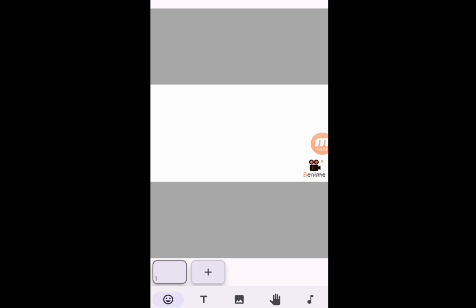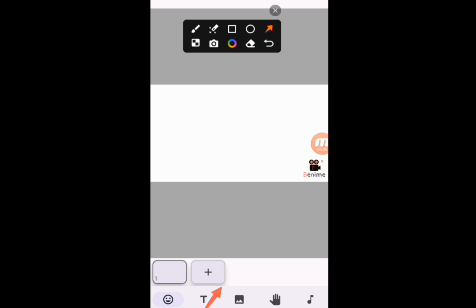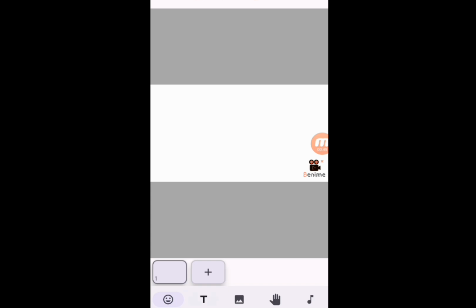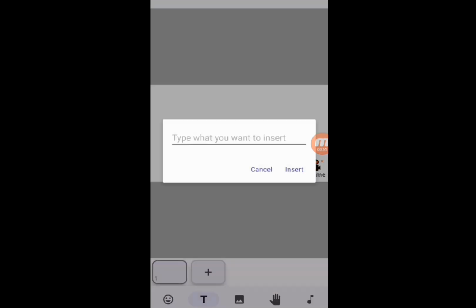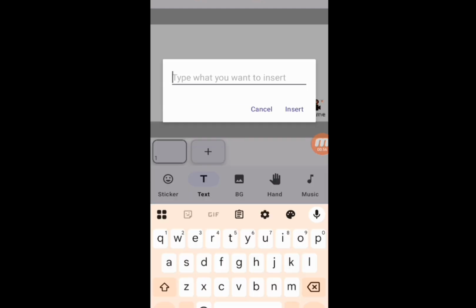So at this point now, this is the first canvas, the first slide. All you need to do is choose what you are going to use to start, either a text or a message. If you are using a text, you click it. If you are using a graphic, which can be part of what you're doing for your first slide, use this. So let me use a text. Let's see how to speed up this. I'm going to click on text. Having clicked on text, let me write what I want to be on the text.